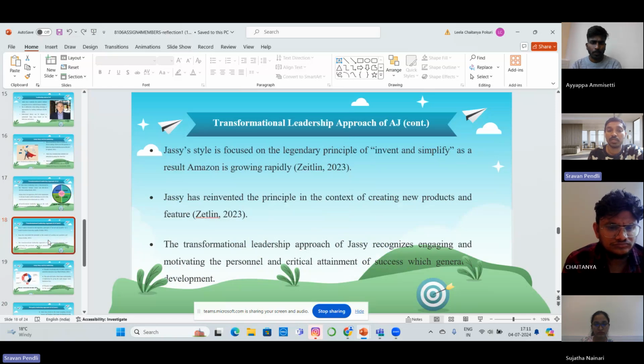Jassy encourages employees to take risks and promote the culture of experiments. This led to the creativity of transformation within the organization. As a result, he rewards employees who are able to attempt new creative things and deliver their creative ideas. Based on his transformational leadership style, he influenced the formation of individual behavior in the organization. Employee performance is closely related to Jassy's transformational approach within the organization.